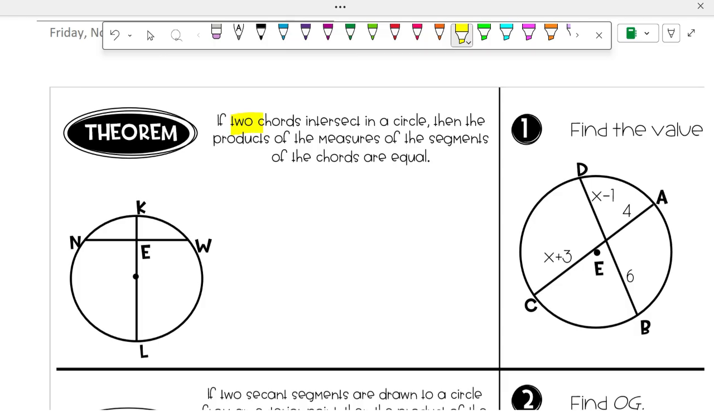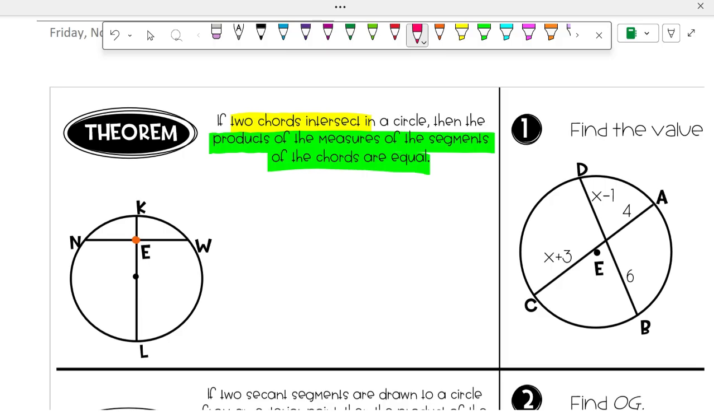if two chords are intersected in a circle, the product of the measures of the segments of the chords are equal. All right, so that's kind of a mouthful. So let me explain what that means. So these chords intersect at point E. Point E is kind of where it's dividing the segments in two. So not in half, because they're not going to be halves necessarily, but it just divides them in two different